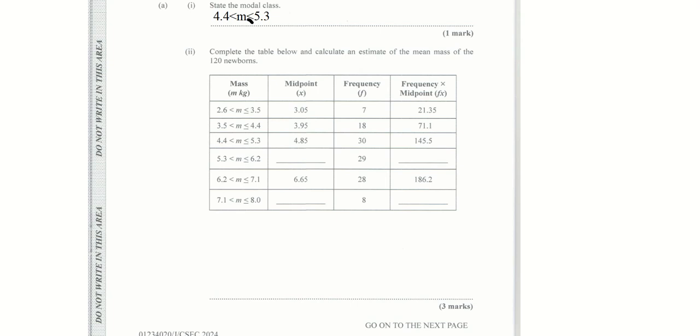Most popular. This question says, complete the table below. Calculate an estimate of the mean mass of 120 newborns. Okay, so first off, they asked you for the midpoint. What is midpoint? The middle. So basically, you're finding the middle of the ranges. So if you have to find the middle of this range,